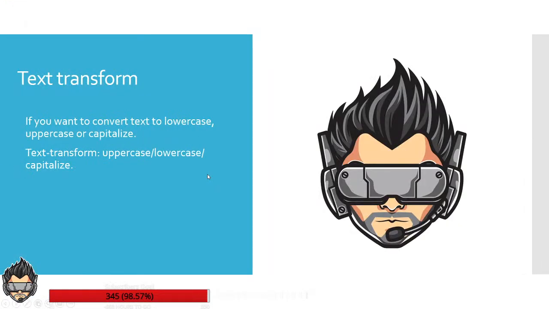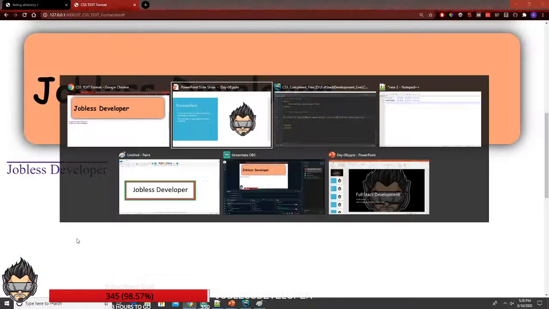There is something called text transform. If you want to convert the whole text to lowercase, or if you want the whole text to be uppercase, or if you want the whole text to be capitalized, as in the first letter of every word will be in uppercase and the rest of the word in lowercase. So what if you want something like that? Let's look into this one. So for example,